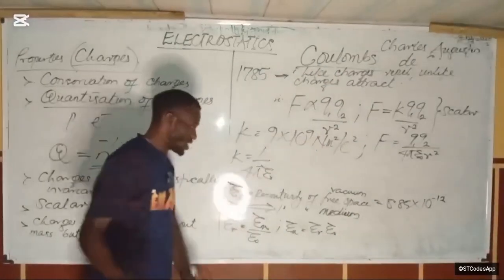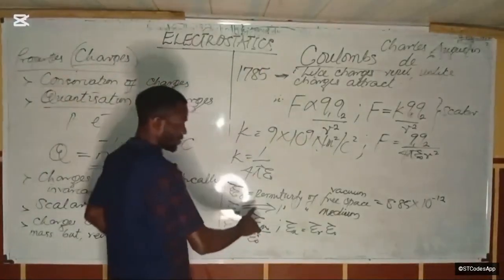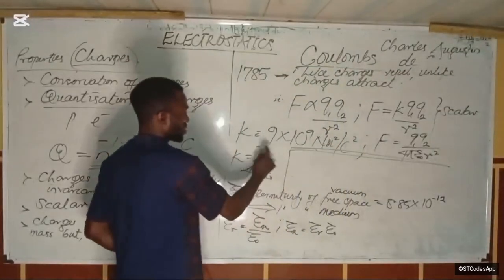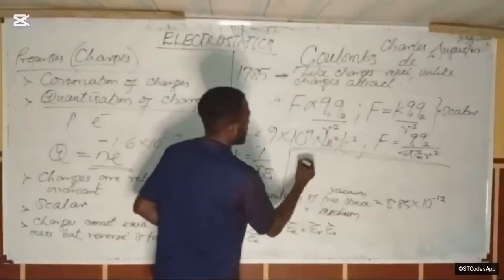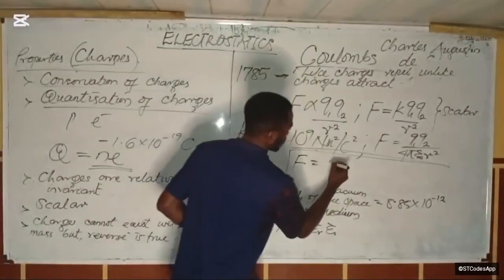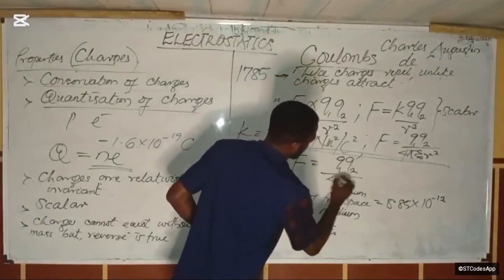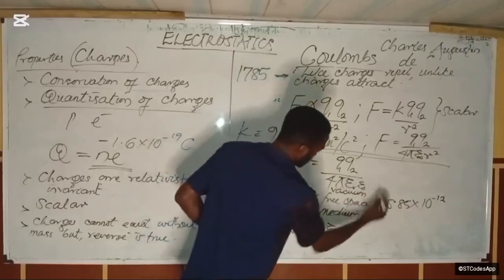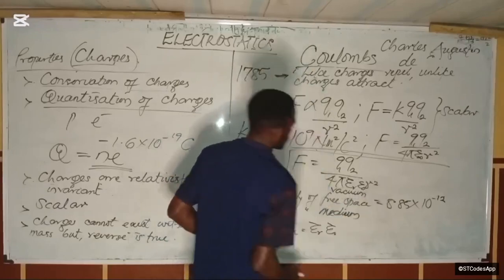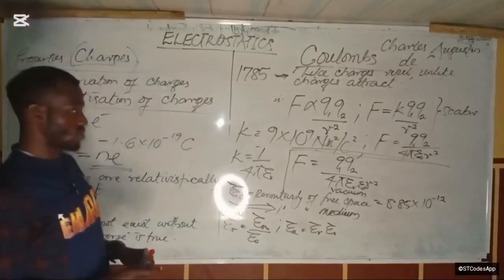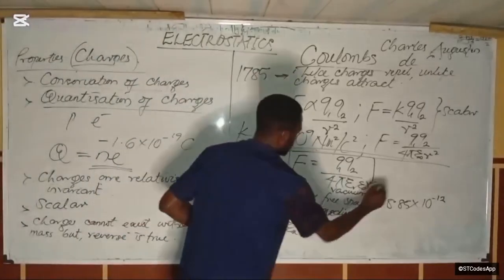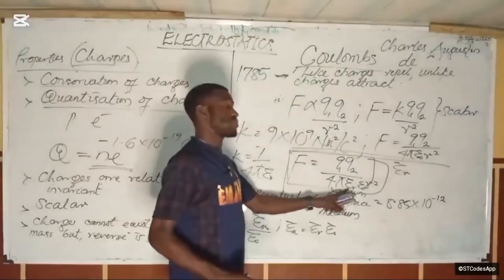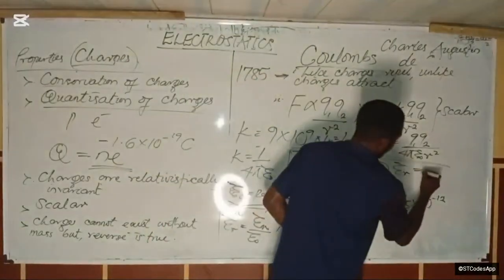If this is the case, then when we are talking about a different medium than free space, our force of attraction or repulsion is going to be equal to Q1Q2 over 4 pi epsilon R epsilon naught R squared. I hope this makes sense to you. Permittivity of medium, with epsilon R being the relative permittivity.